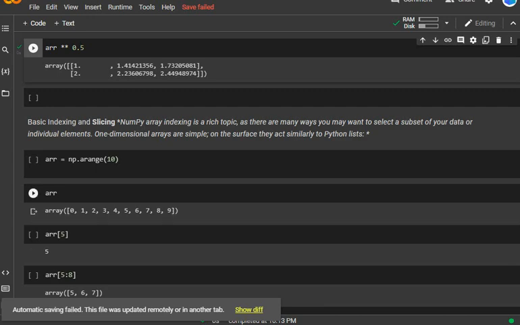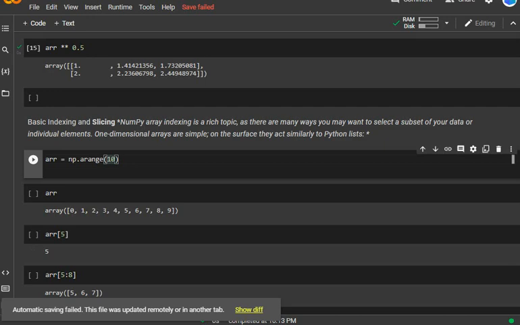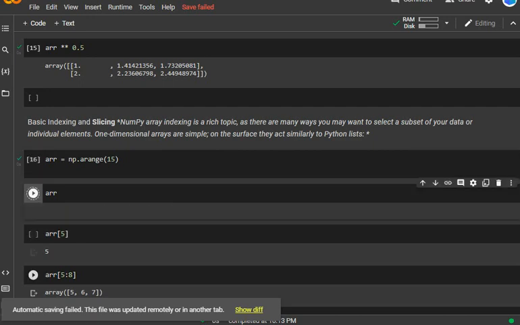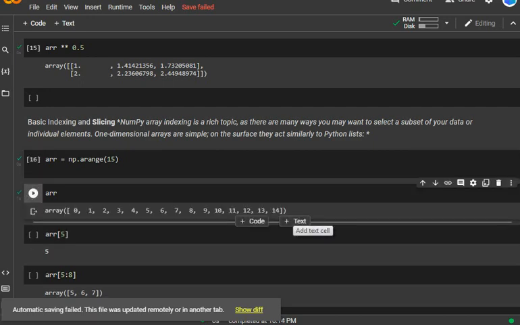There are 10 values given here. If you want to write 12 and 15, I need to write 15 here, so it will start again at 0 and go till 14. Look here, this has been written.